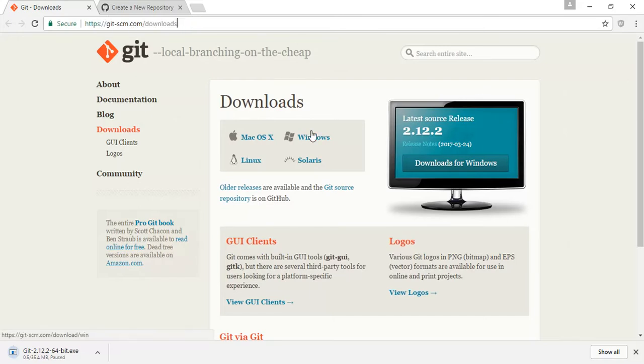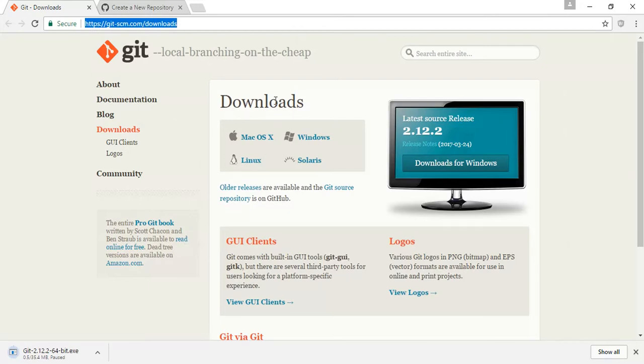As per the operating system, you can choose the Windows setup or Mac or Linux. As I'm using a Windows system, I have downloaded the Windows version. In fact, once you open this site and click on Windows, Git starts downloading automatically. So once it gets downloaded,